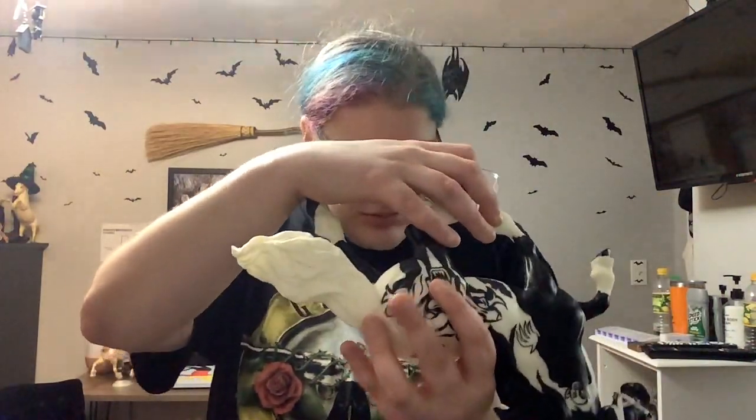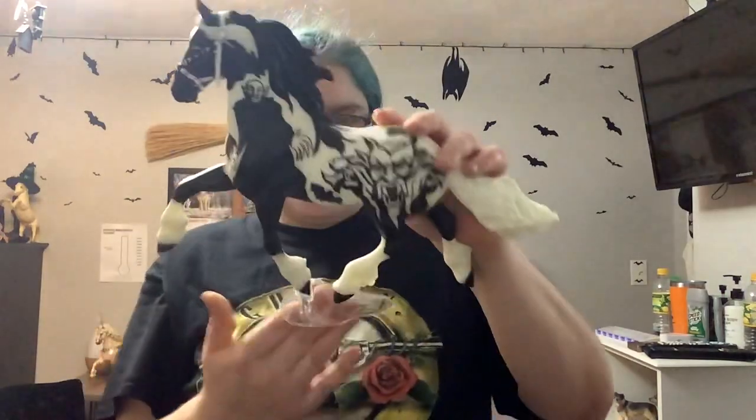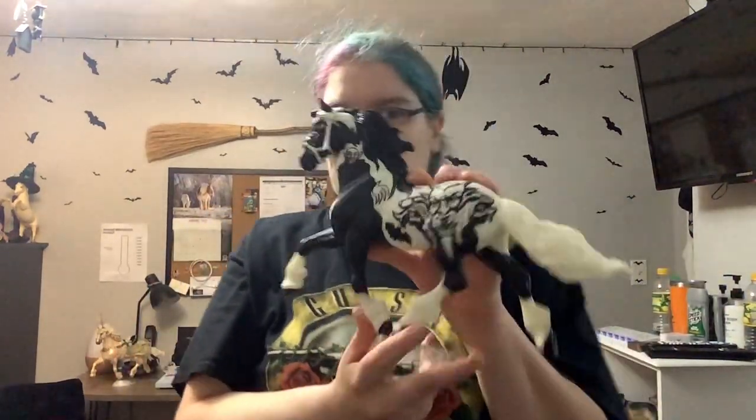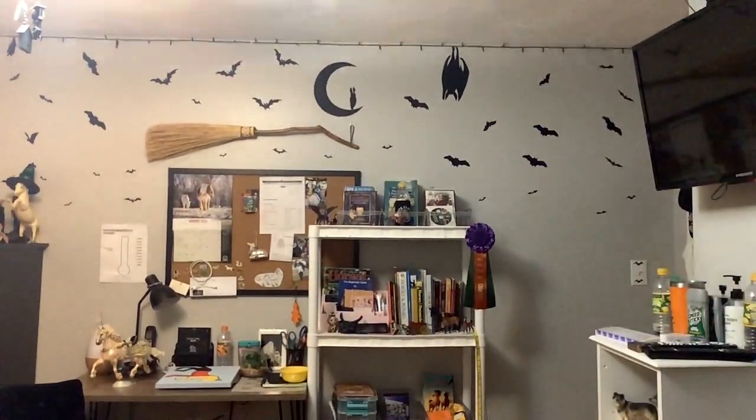And this is Nightmare. She is from 2014. I actually got her during Briarfest too. Another model I traded for. Really glad I did, because I'm trying to get all of the traditional Halloween models. Kind of another sort of conga I'm doing. I mean, it's more of a themed conga, but...